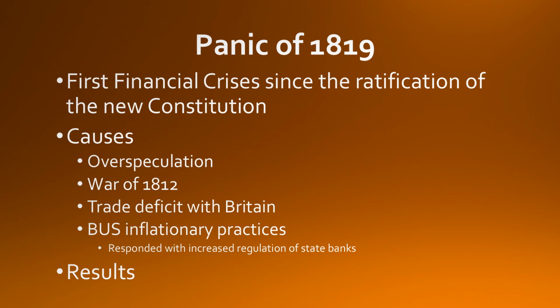New land legislation will result in smaller parcels being sold for lower prices as well, ultimately leading to the Homestead Acts, which will exist afterward, where essentially Western land was almost given away for nearly free. And then finally, we will see widespread sentiment existing to end the practice of imprisoning those who couldn't pay their debts. Some states actually passed legislation reducing debtor prisons during this time period. Moving on,